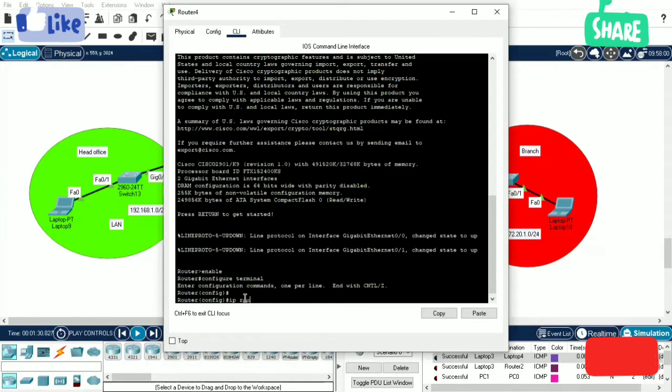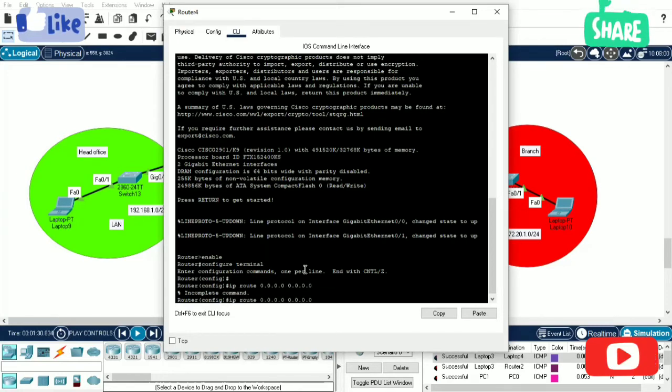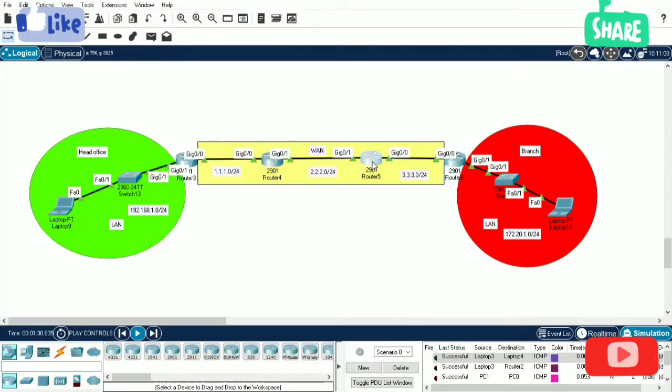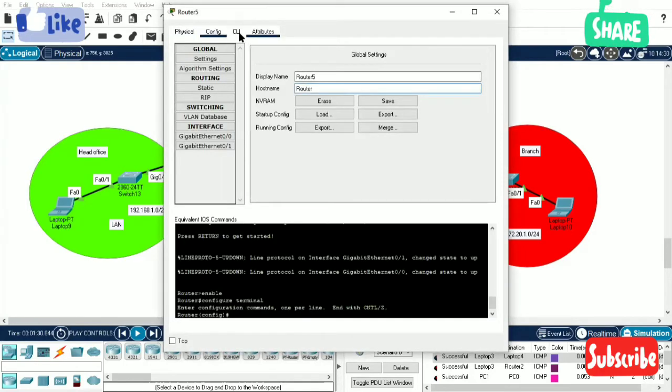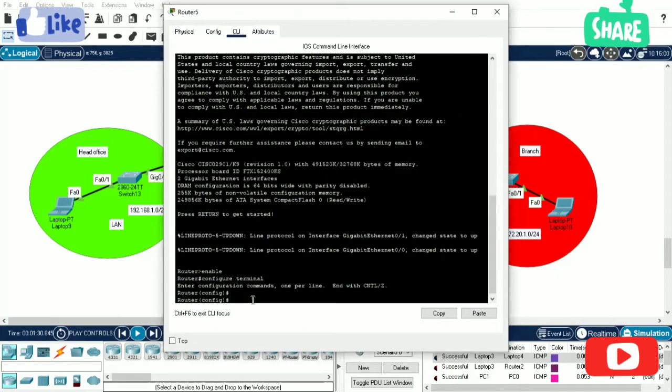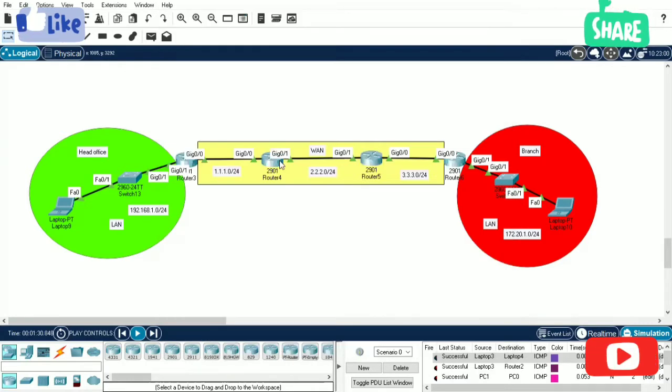IP route 0.0.0.0 0.0.0.0, sorry, incomplete command. 2.2.2.3. Okay, on this router, default route IP route 0.0.0.0 0.0.0.0 to 2.2.2.2, which is this router.